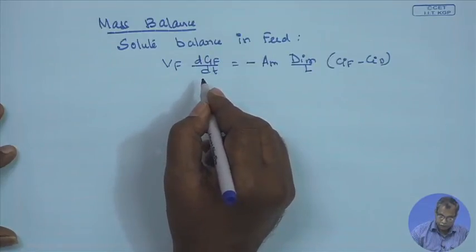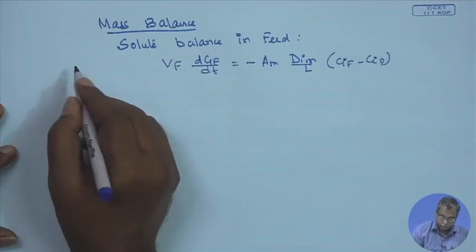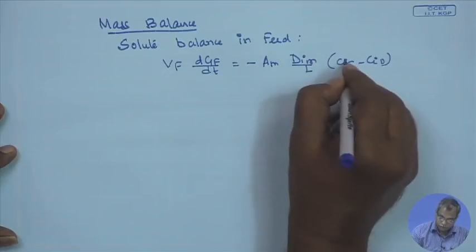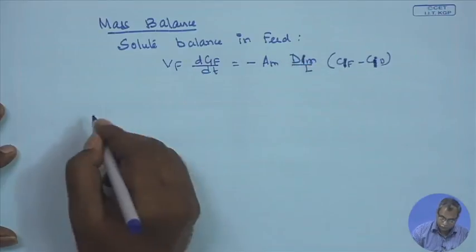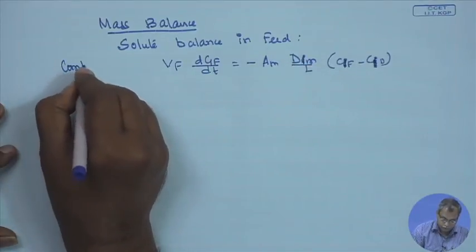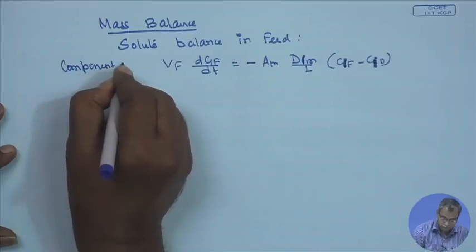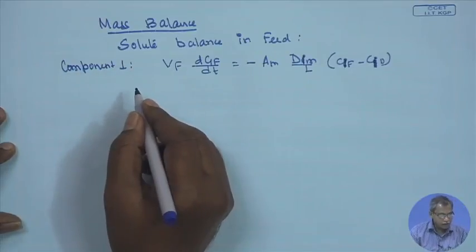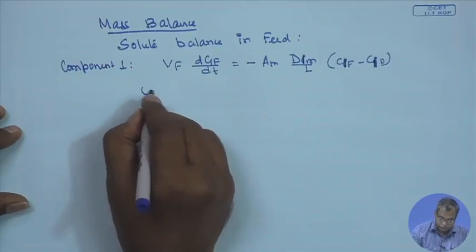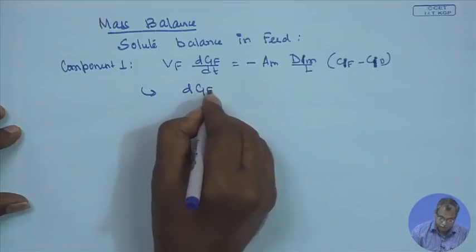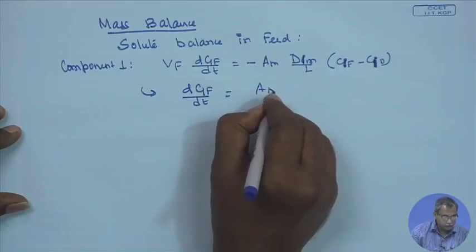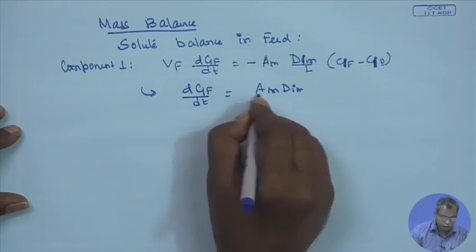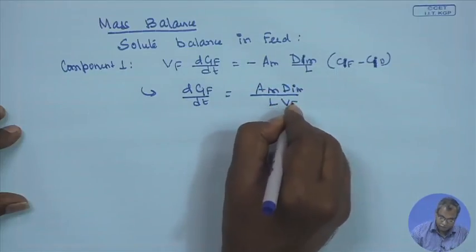This is the solute balance of component 1. This equation can be rearranged as d C1 f dt equal to A m D1 m over L times V f